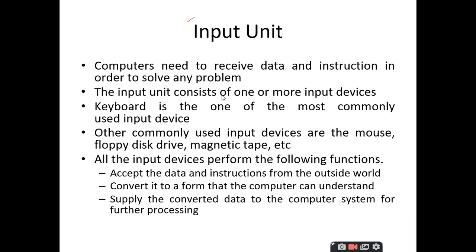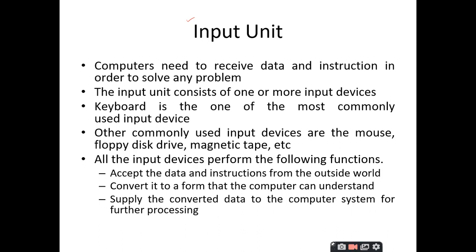So, a computer is nothing but a device which takes the input, processes it and then gives the output. So, there should be some provision for the user to give the input to the computer. Everything that the computer requires should be provided by the user only. You have to give the data, you have to give the instructions, everything the user has to provide. Therefore, the computers need some mechanisms to receive the data or the instructions from the users.